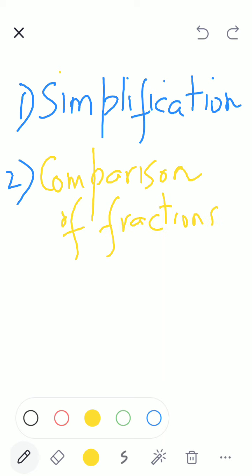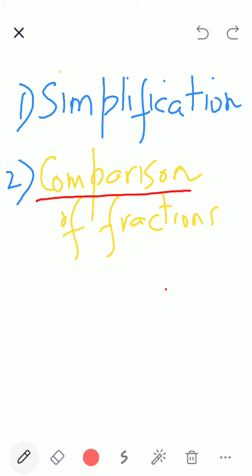What is to compare? The first requirement for comparing is that we should have at least two or more fractions. Then only we can compare, no? Can I say Biju sir is better than Biju sir? Or Biju sir is younger than Biju sir? I cannot say. I can say Biju sir is younger than Shubhashri. Correct? So when we have to compare, the basic requirement is two or more fractions. Then only we can compare.